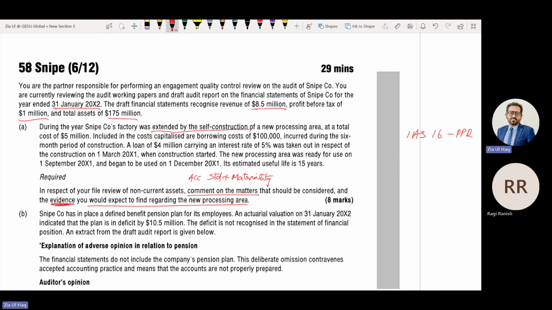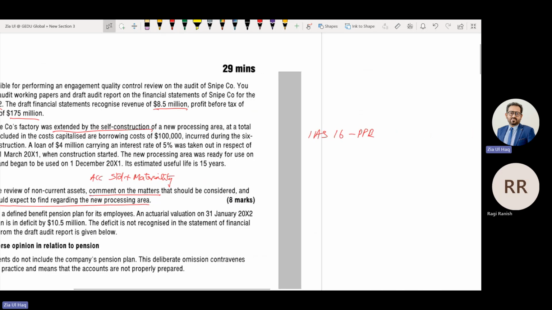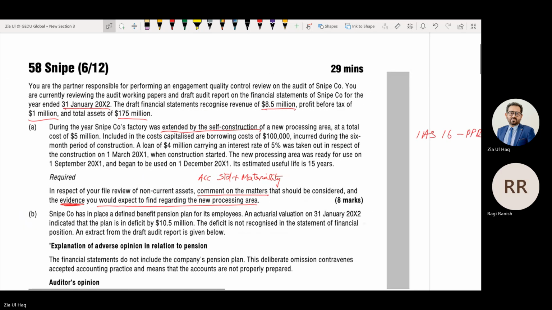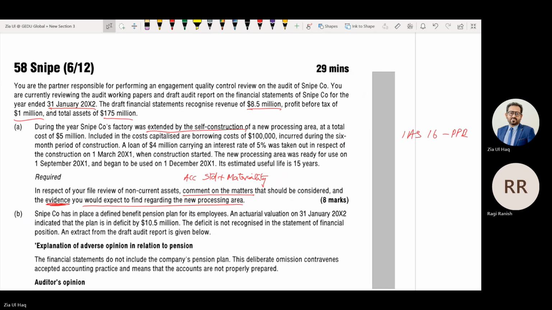According to PPE, all the cost incurred from asset construction start date till completion date should be capitalized, including borrowing cost. So the company has borne a cost of 5 million. During the year, SNIPE company's factory was extended by self-construction of a new processing area at a total cost of 5 million. I mean, they have capitalized 5 million cost.